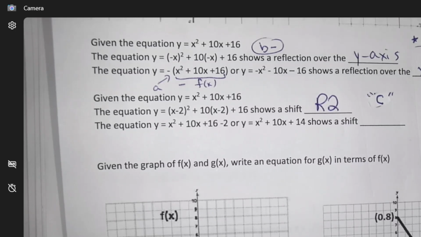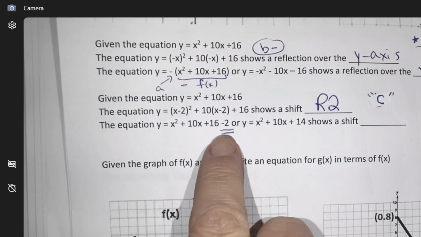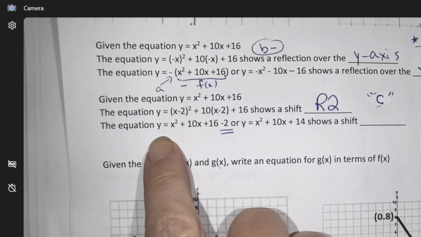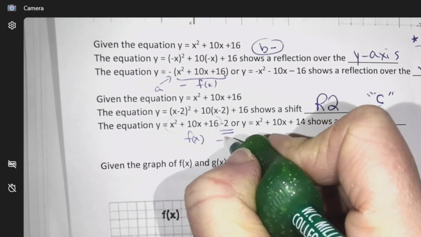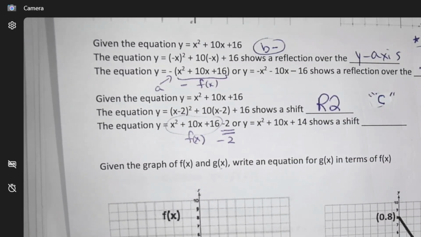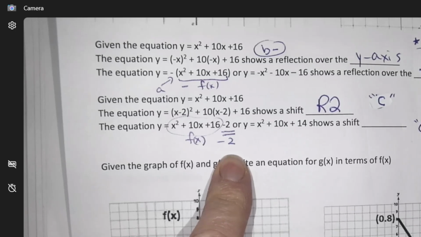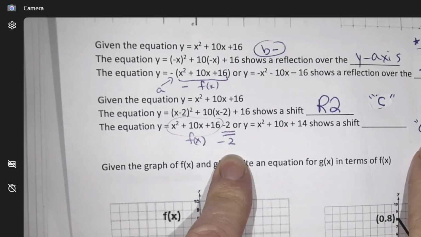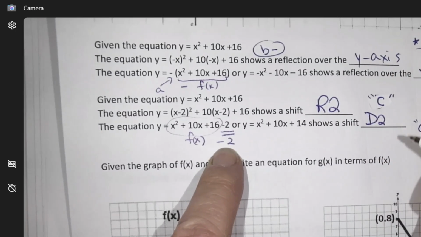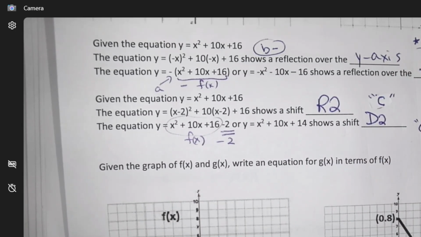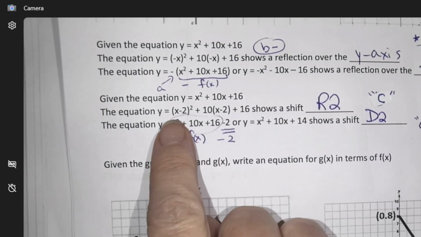I changed every x. Versus this says just subtract 2 after the function. So this is the function, and then I subtracted 2 at the end of the function. So now, what's this application? That would be doing a D move. So now this would be down, right? Okay, so understanding the difference of when there's no f